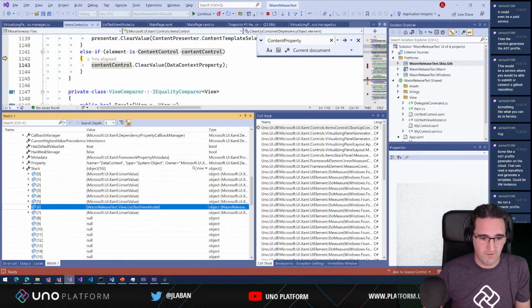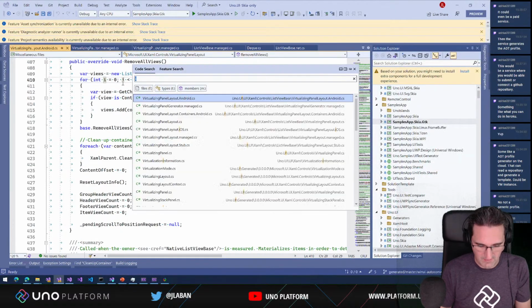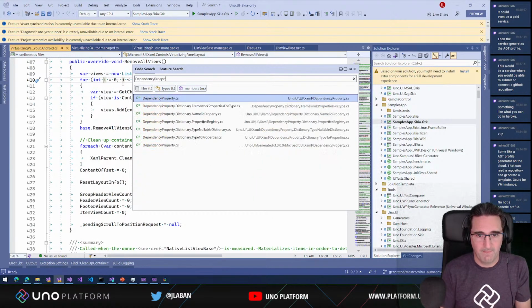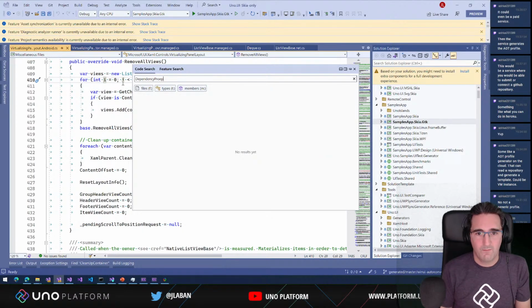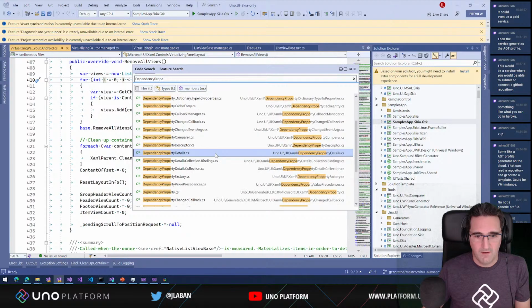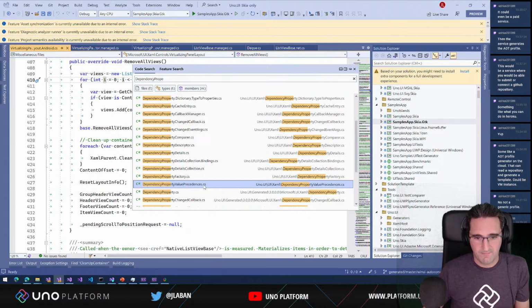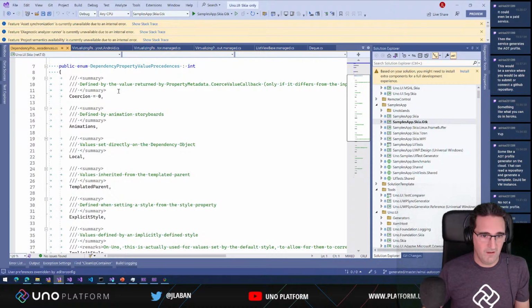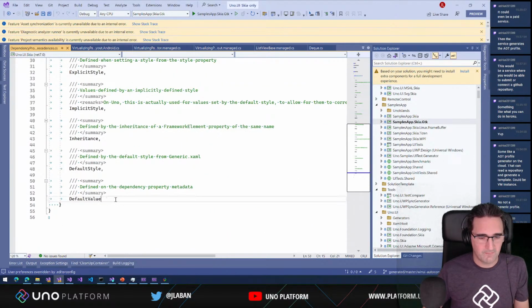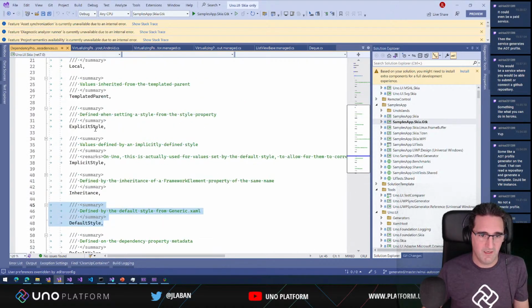So if we search for dependency property value precedence, we're going to see the levels that are available for that one. So what we can find is that the first one is default value, and then you have default style, then inheritance, then a few others,